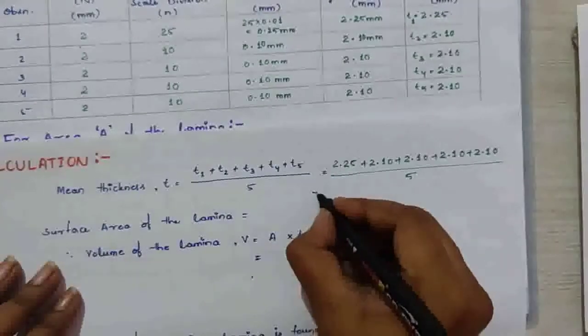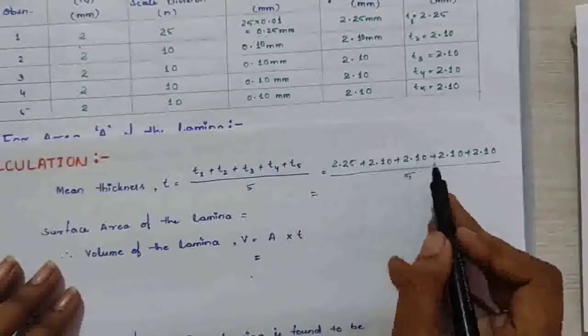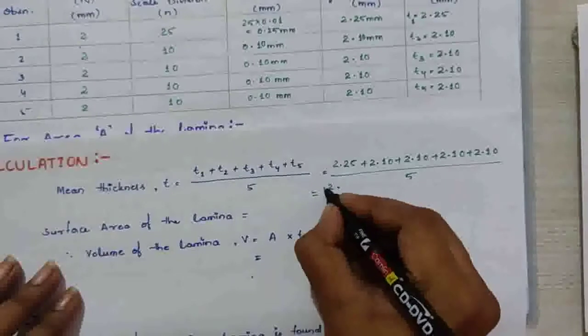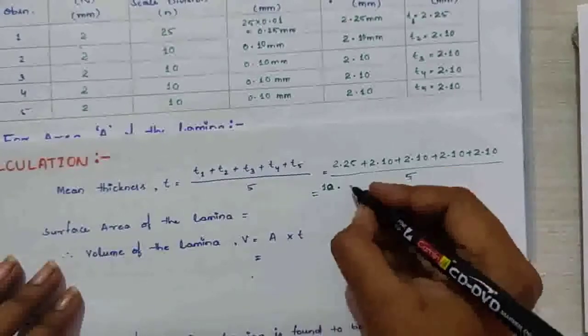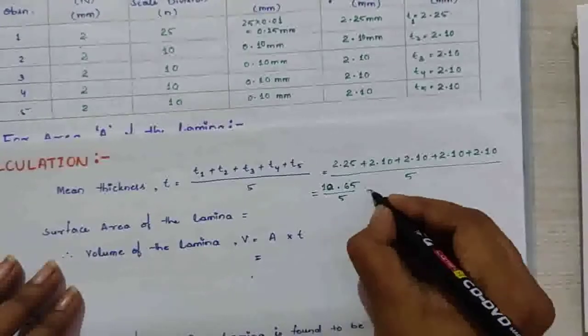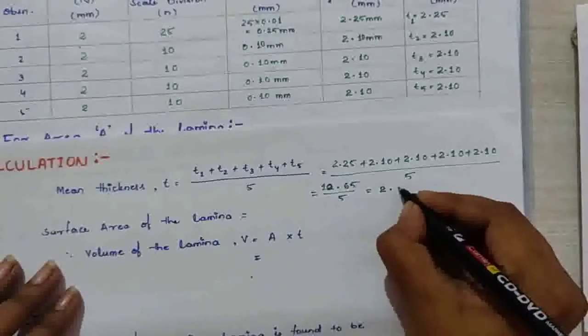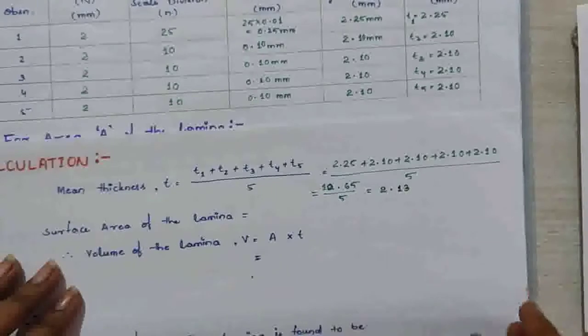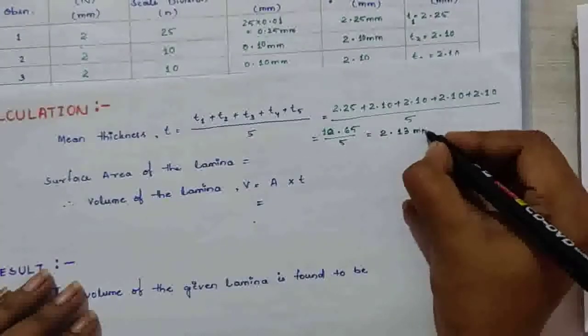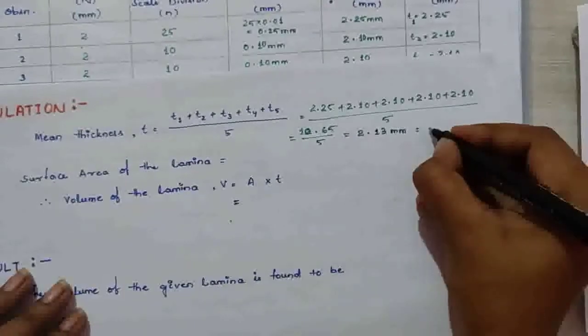So that will be nearly equal to, okay, so that is coming as 10.65 divided by 5, that will be nearly 2.13. Okay, so this is the mean thickness in millimeter,